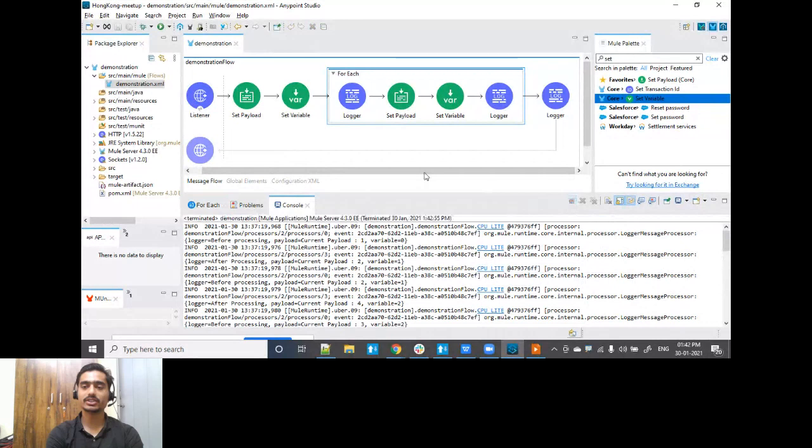So again, a simple HTTP listener configured for path parallel for each. And again, I'll go with the same basic rule, setting up a payload with an array of 10 records.